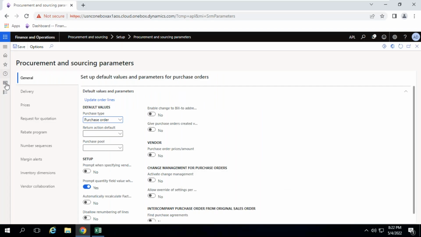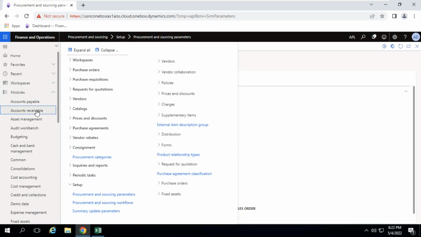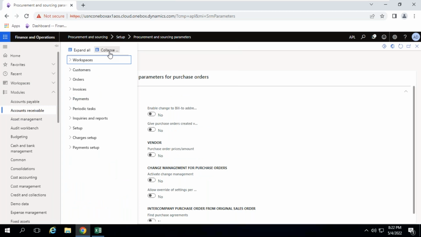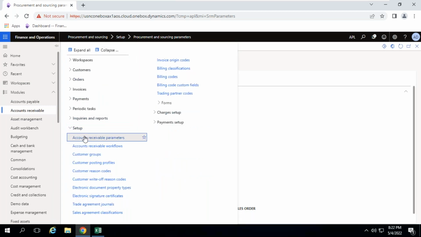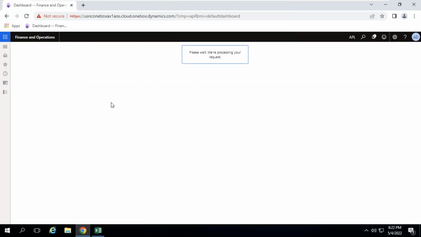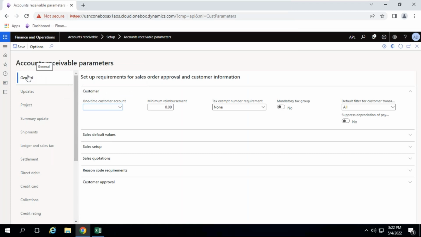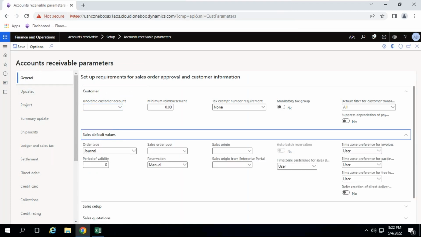Let me show you. Accounts receivable module, collapse all, setup, accounts receivable parameters, general tab, sales default values,